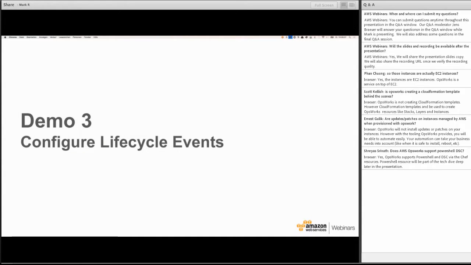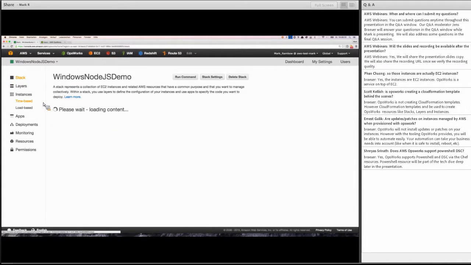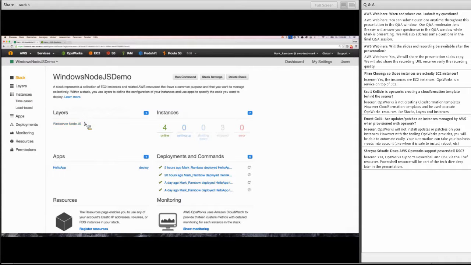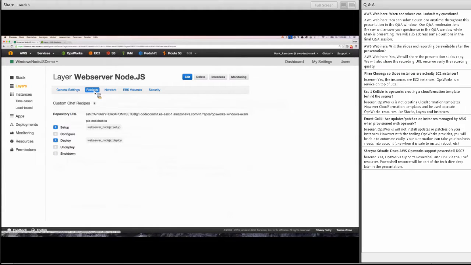Let's come to the third demo. I said that you can configure scripts per event on each layer. I switched the stack to use the Windows Node.js demo stack where I can show it a little bit more in depth. Let's go to that one layer and I click on recipes, and